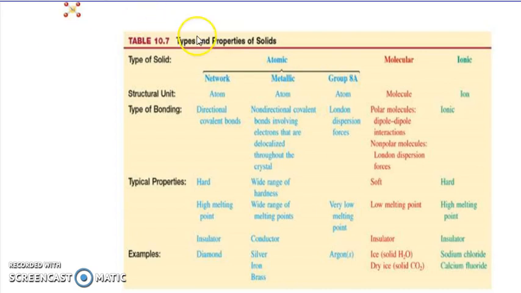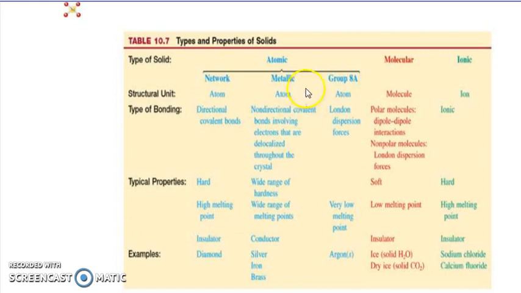And the first type is the atomic, so single atomed. And the ones you know is a network. That is your graphite, your diamonds, and your glass. So if you look here, they're high melting point, very, very hard. I've never tried to melt a diamond, don't know why I would, but it's going to be very difficult to